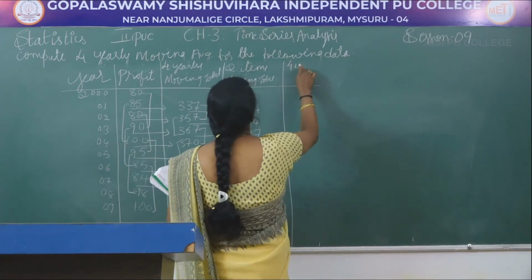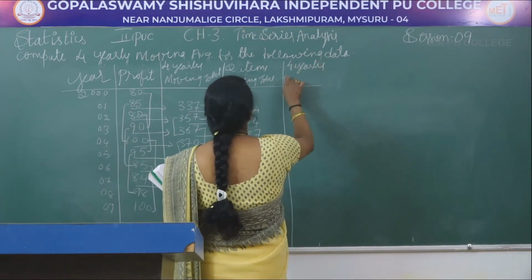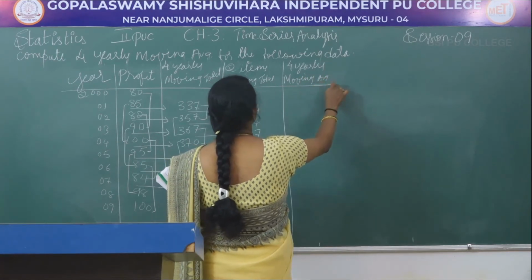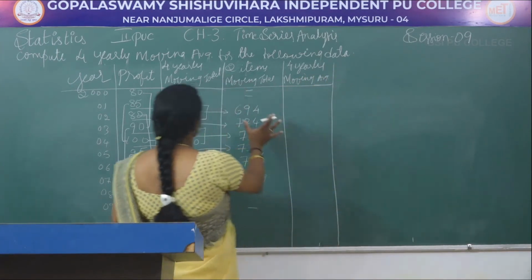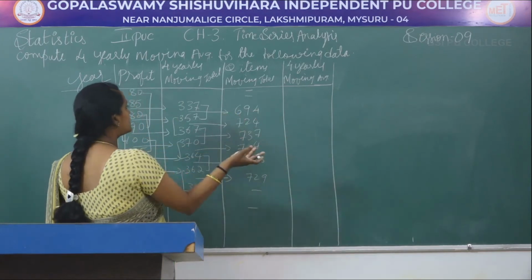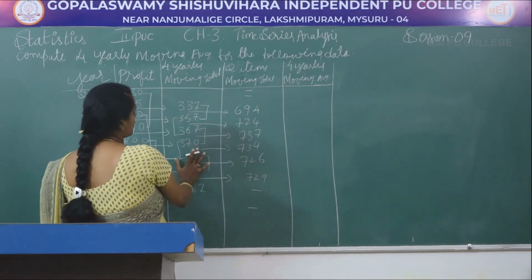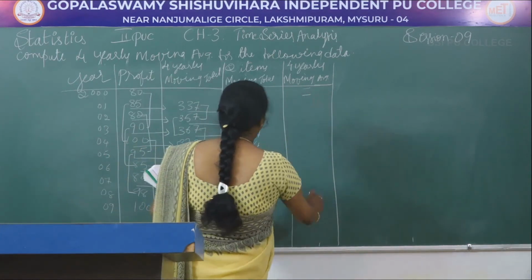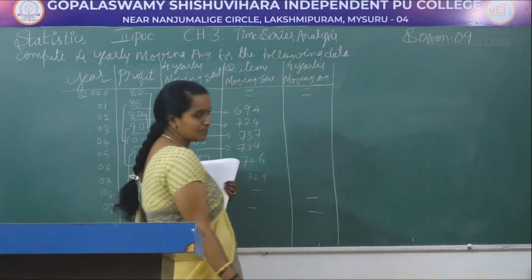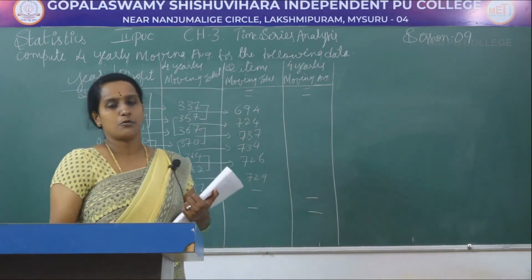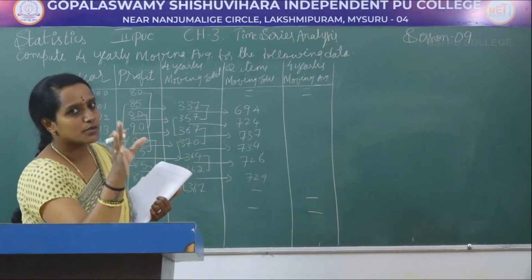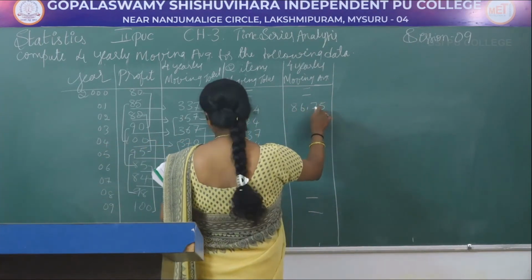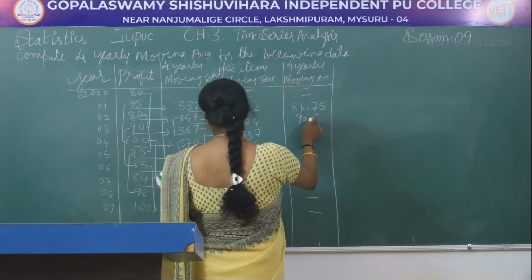And the last column is the 4 yearly moving average. So again, I'll divide this column by 8, because first I have added 4 numbers, next I have added 2 numbers. So I am dividing this by 8. First 2 and last 2 will be blank. If you do this on your rough sheet, definitely you will get the position properly, so that it is easy to understand. I am writing the trend values now.